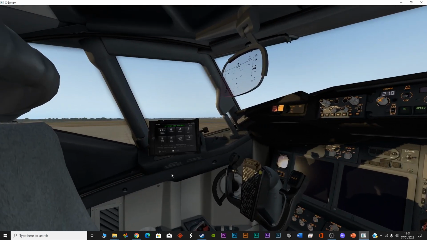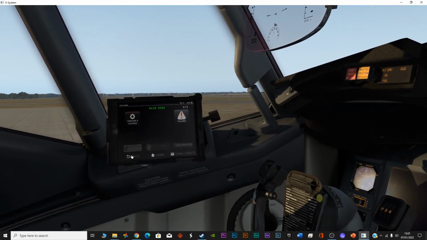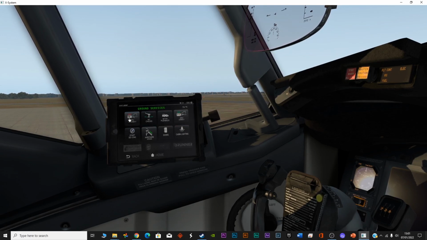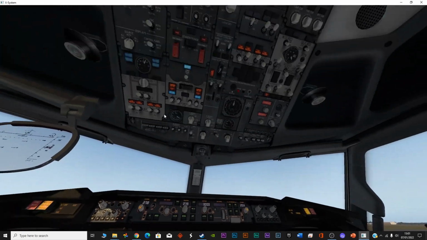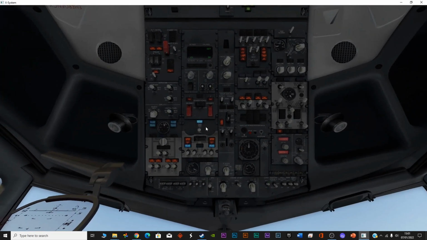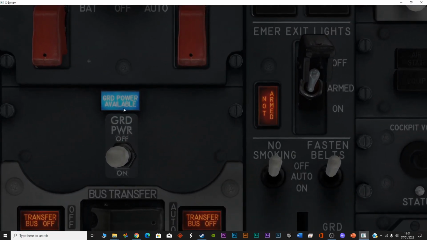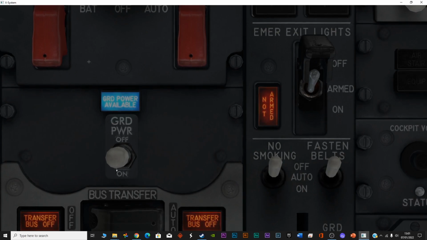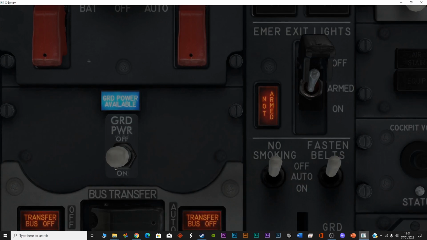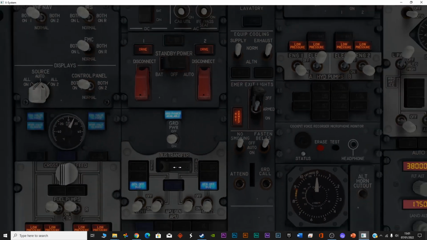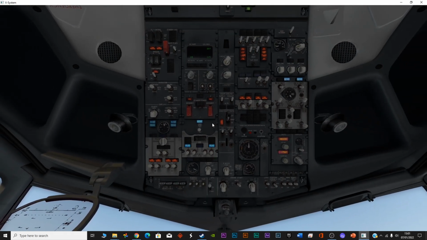Now I will go into the tab, and I will call for the ground services. Let's go here to page 1, ground services and GPU connect. Just a formal procedure. Okay, so you can see that now on the ground power, this light is lit. It says ground power available, and it's bright. So you can now switch it on by clicking your left mouse button once you see the down arrow. So now the ground power is also available,